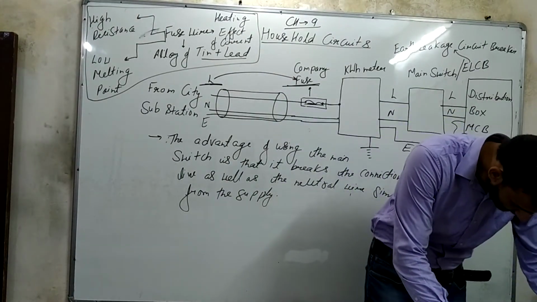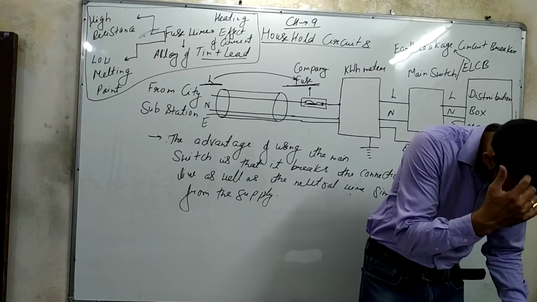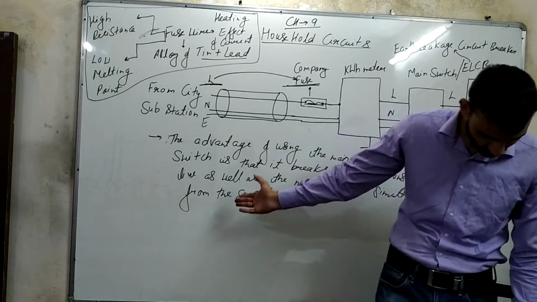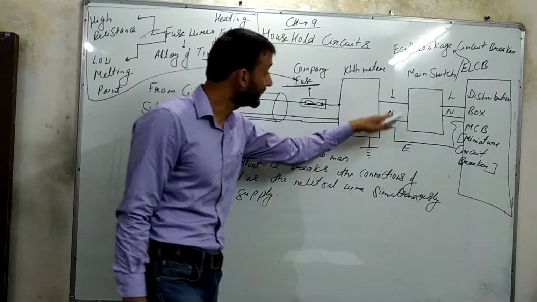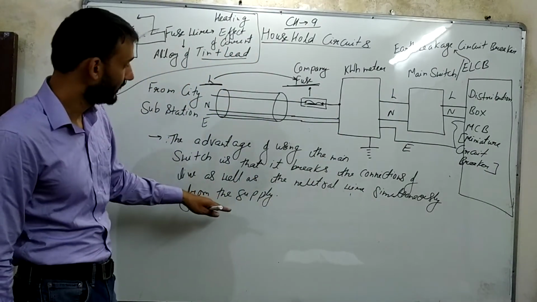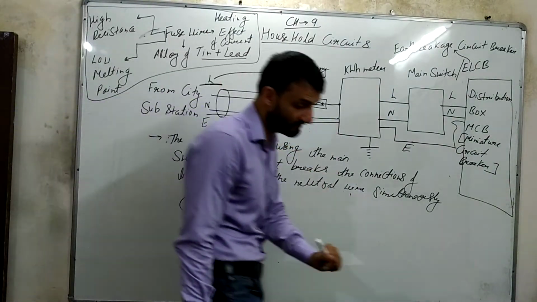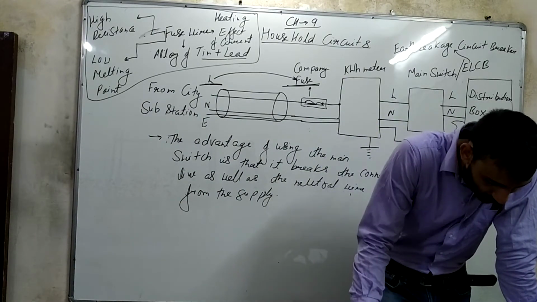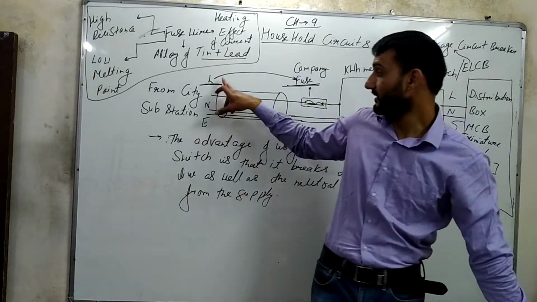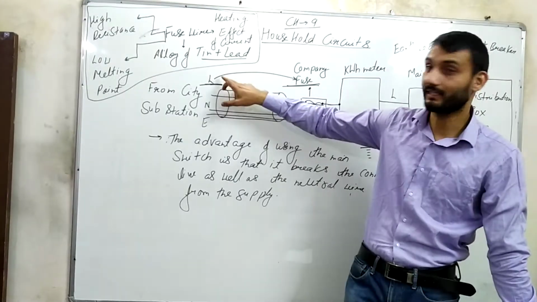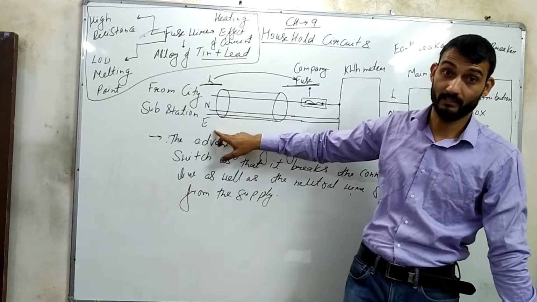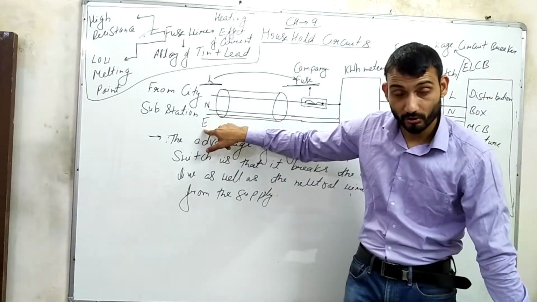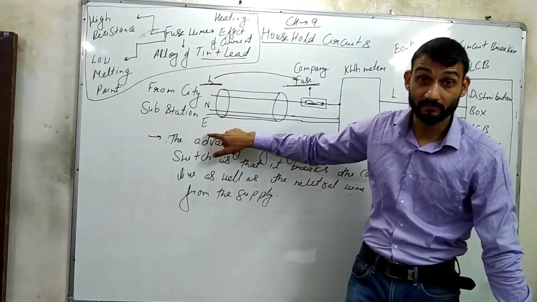Now, in your syllabus, you have MCB, we have done already. Main switch, its advantage I told you, since it is connected to live and neutral wire both, it shuts off the live and neutral wire both. Then you have fuse, we have discussed. Alright, three types of wire we have discussed: live, neutral, earth. Live carries the current, earth is used for safety purposes. I also told you what are the advantages or uses of earthing a device.